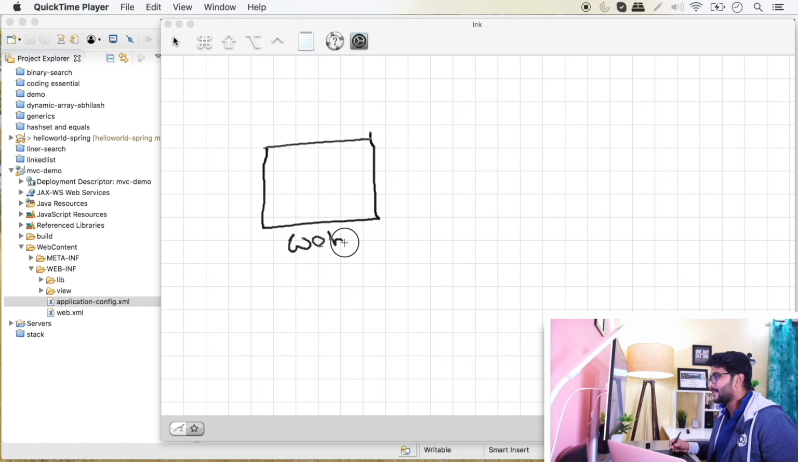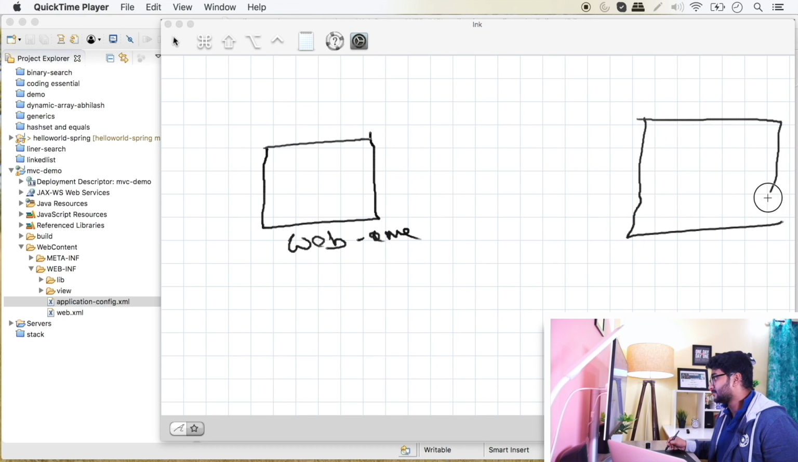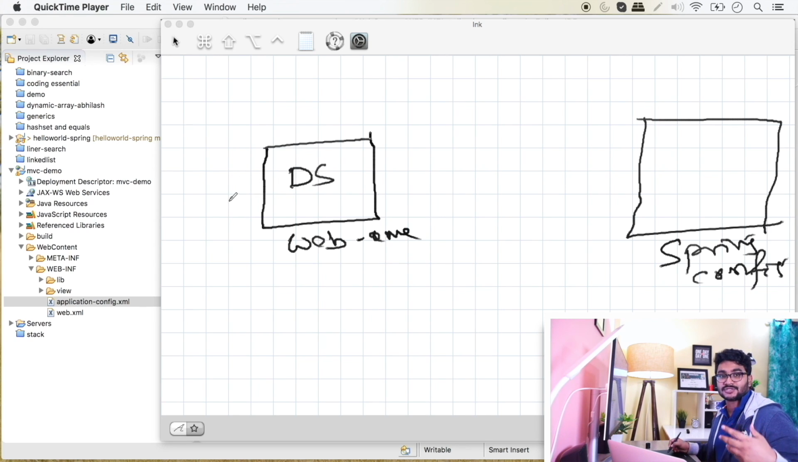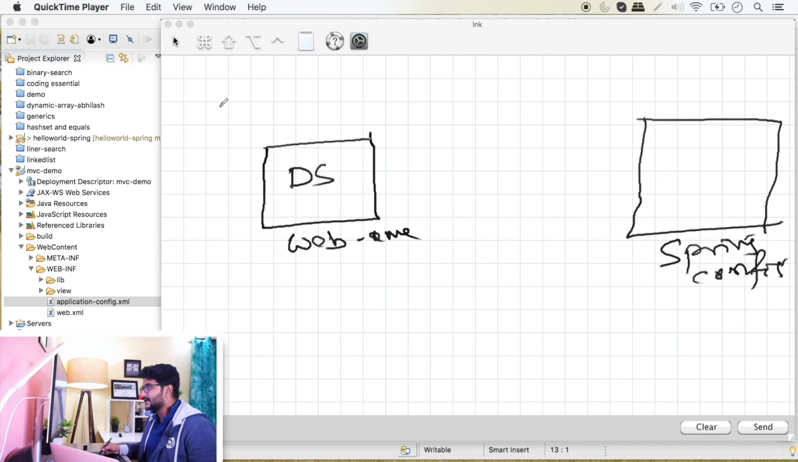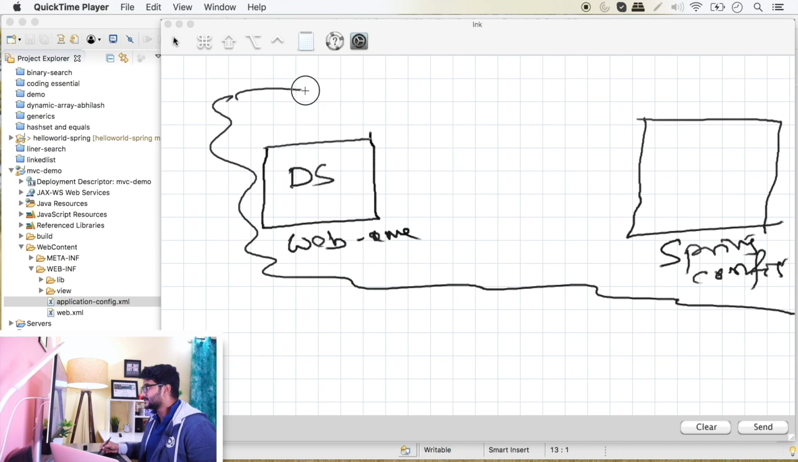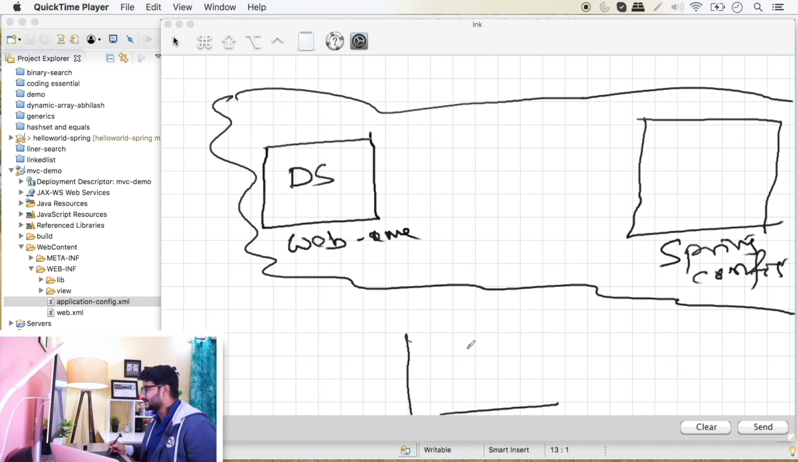So let's say we have a web.xml file, and also we have a Spring config file. I'm sorry, I'm pretty bad at drawing. And here inside the web.xml file, we are configuring, or defining, our dispatcher servlet. So let's think, if this is your project, and this is your web server, Tomcat. Whenever we are deploying this project in Tomcat, what Tomcat is doing is reading this